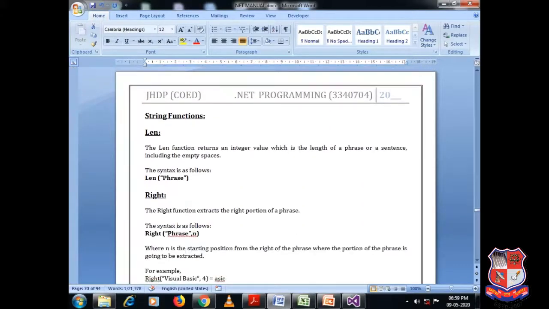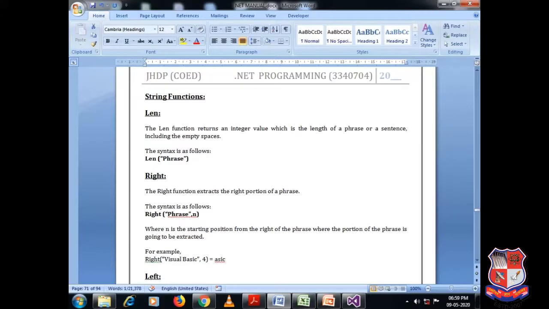Now we will start with the string functions. String functions start with the Len function. The Len function returns an integer value which is the length of a phrase or a sentence, including the empty spaces. If I have written 2 words in a single text box, then that white space will be considered as a character.